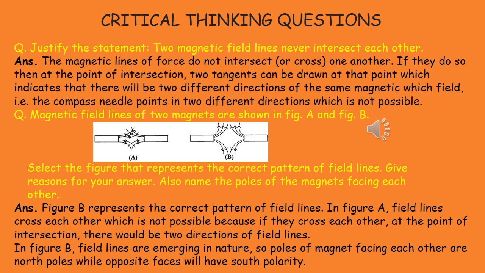The first diagram cannot be true because in the previous question we have seen that magnetic lines of force can never intersect each other. So the second diagram is true because there is no intersecting point there. Now one more thing we have seen that from both the magnets the lines are going outwards, and we know that magnetic lines of force always emerge from north pole. So both the poles are north poles.